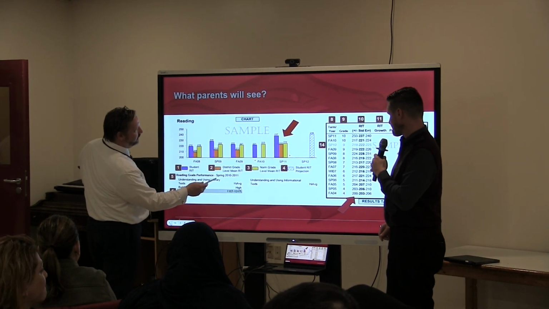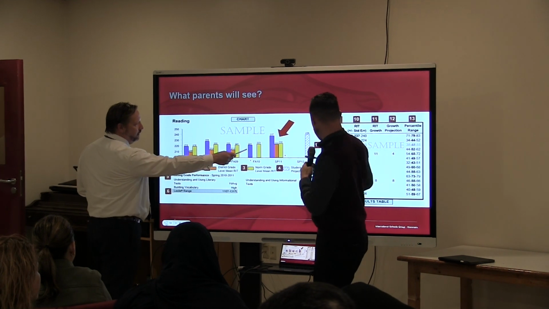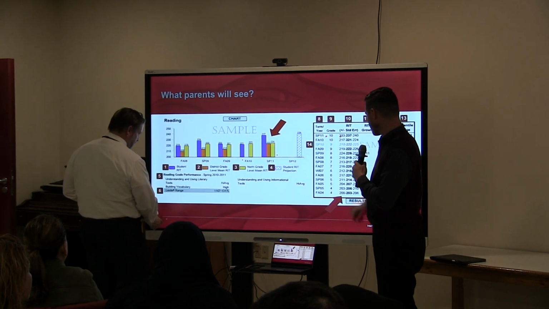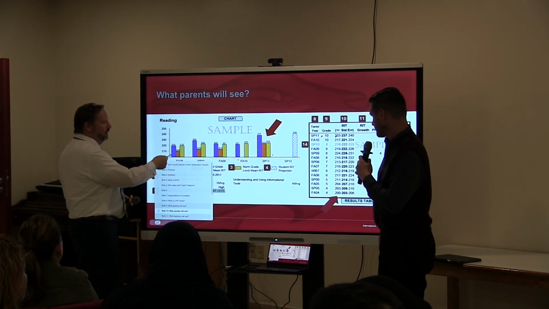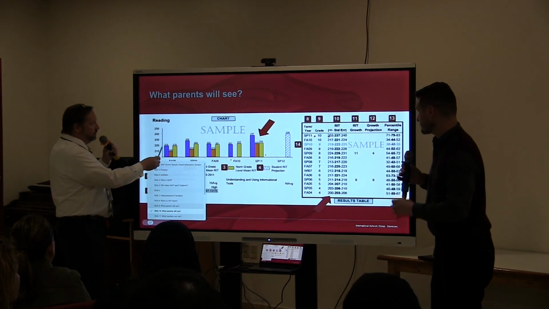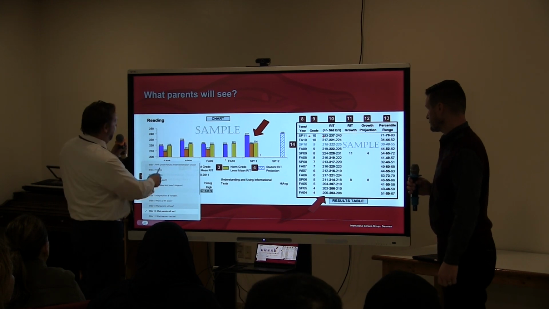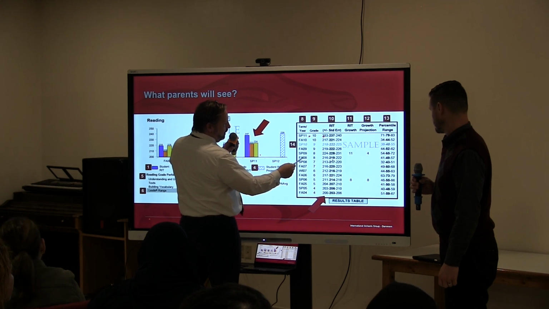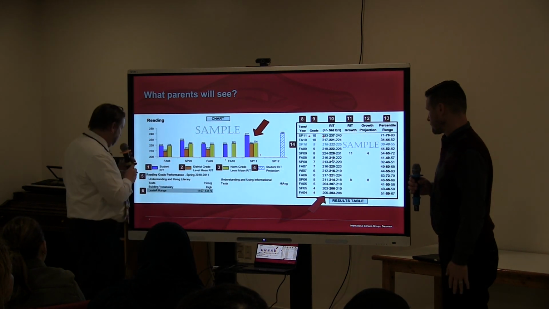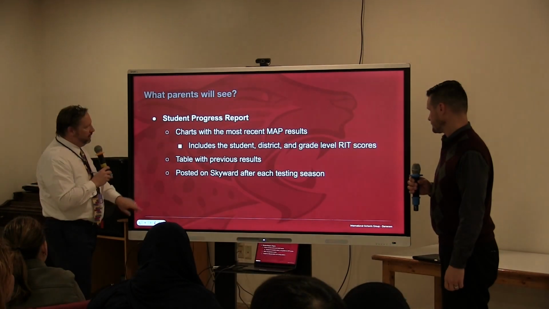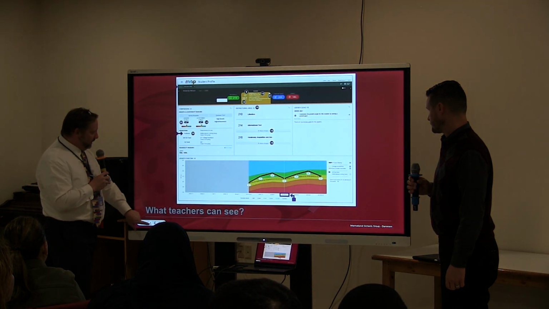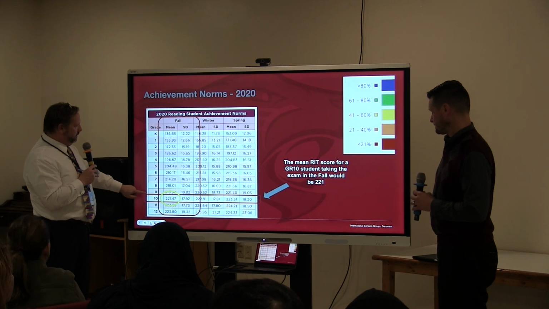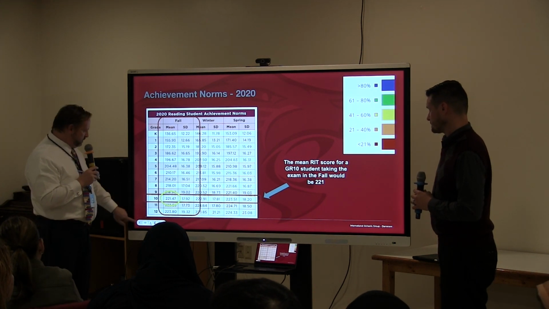And this student, what grade? Grade 10. So this student was grade 10. Back here, when they had the score of 219, they were in 8th grade. Now the norms have changed a little bit, so the number might not be the same. But if it's a 9th grade student, and that test was